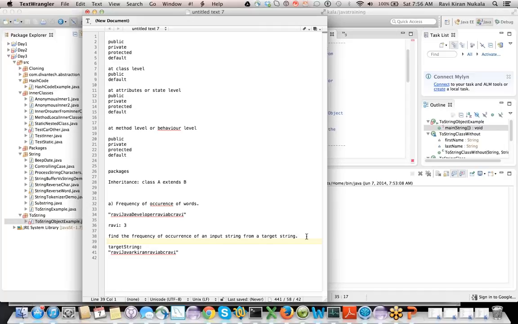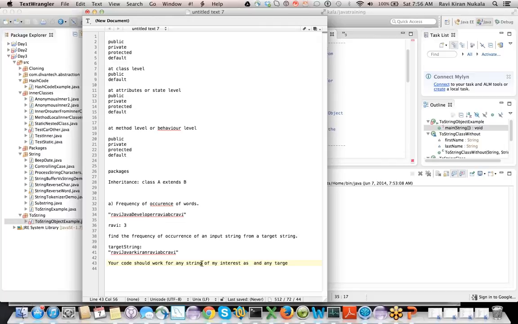All I want to know is that your code should work just fine for any input and any target string, any string of my interest.